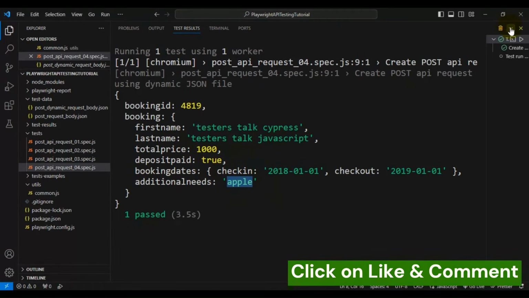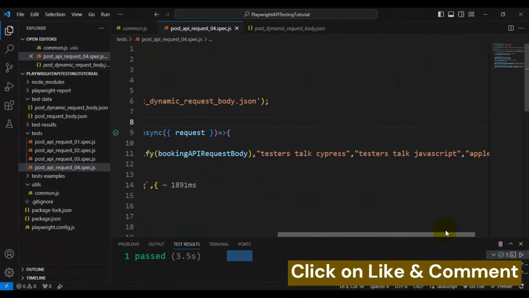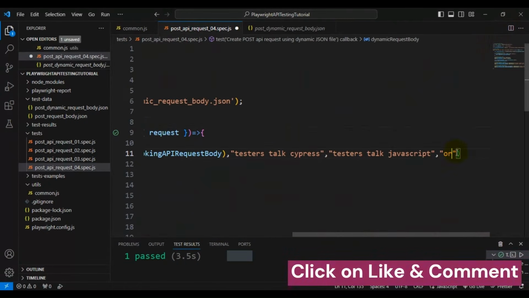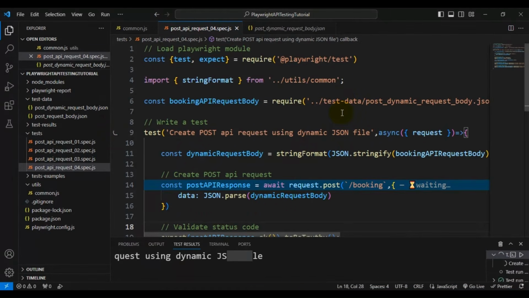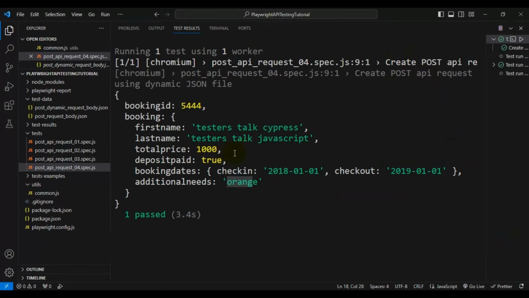So if you pass different data also, let's say this time I will pass orange. So if I run the test, it is going to create the runtime API request body, and finally it will make the post API call. If you see here guys, we are able to create the booking, and then you can observe the additional needs value. So right now orange is coming, right? So this is how you can create the dynamic API request body,